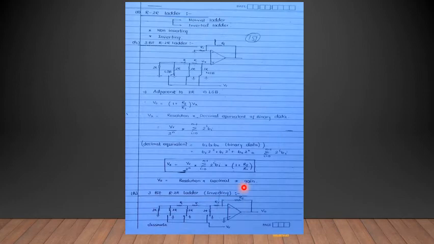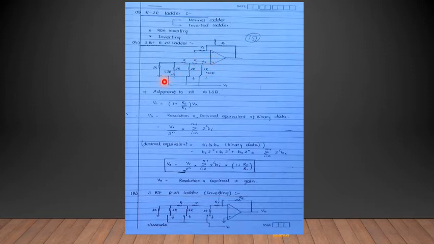Now as you can see, R2R normal ladder, inverted ladder, I have already explained this. Suppose we had to design a 3-bit R2R ladder, non-inverting. Basically this is the feedback resistance, this is R1, R, 2R, R, 2R and 2R. So basically there are two types of resistors, R and 2R. This is the reference voltage and these are the 3 bits. The one which is nearer to the op-amp is the MSB, the one which is farthest from the op-amp is the LSB.